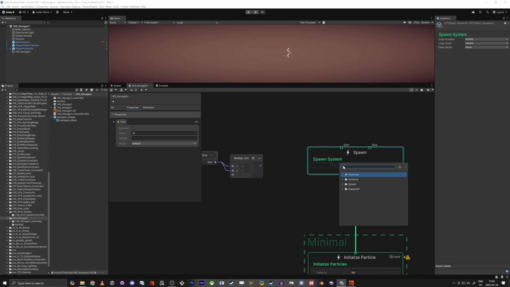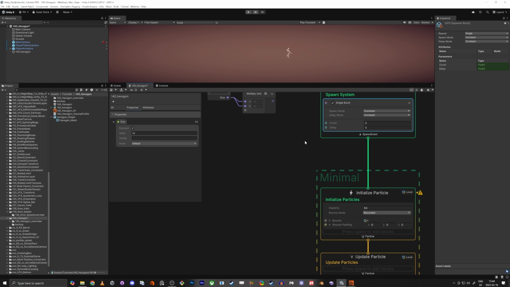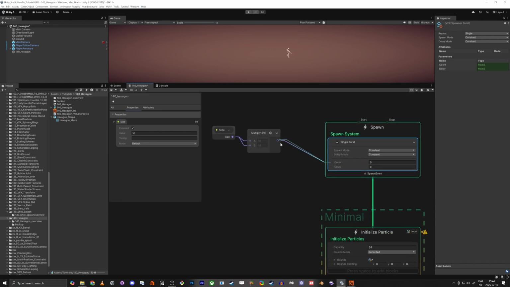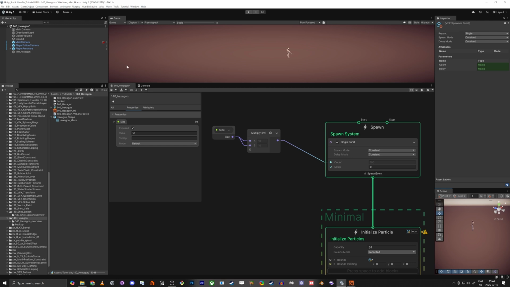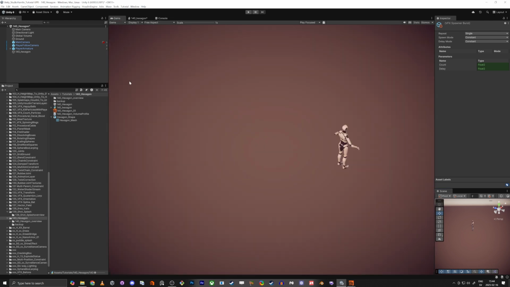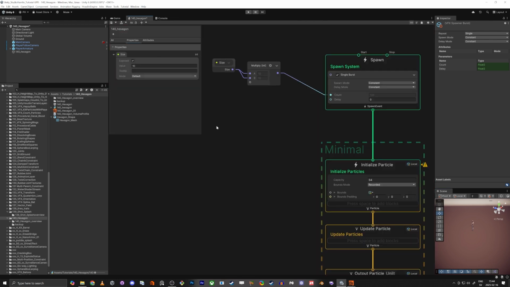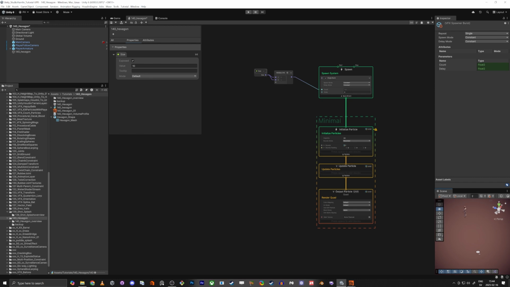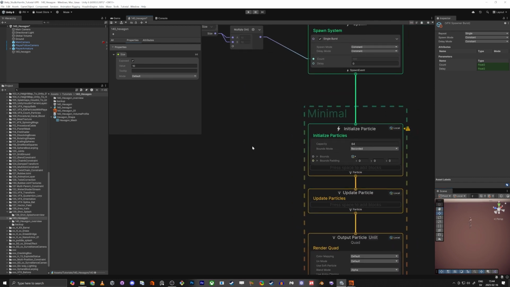Well, actually, let's do it one more time. Spawn, and we do single burst, because we only want to do this one time. So here we have the count, and if we have the scene down here, and yeah, if we save,